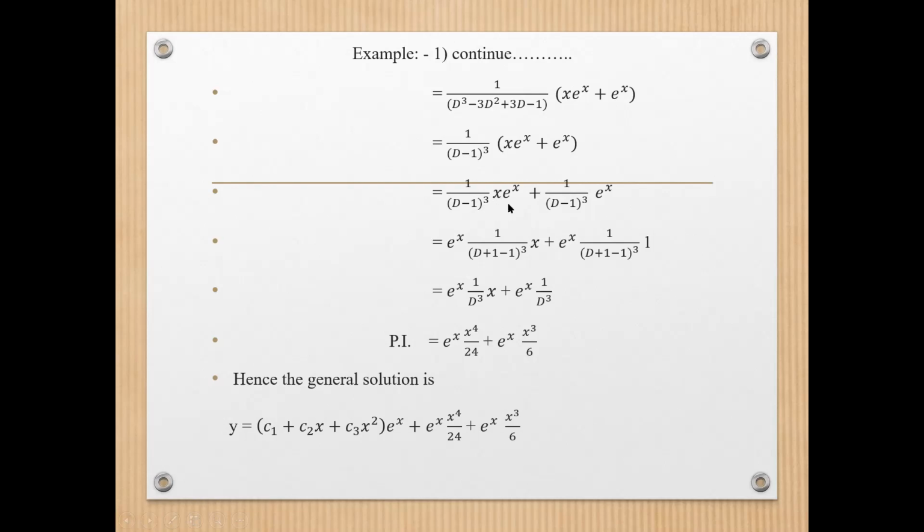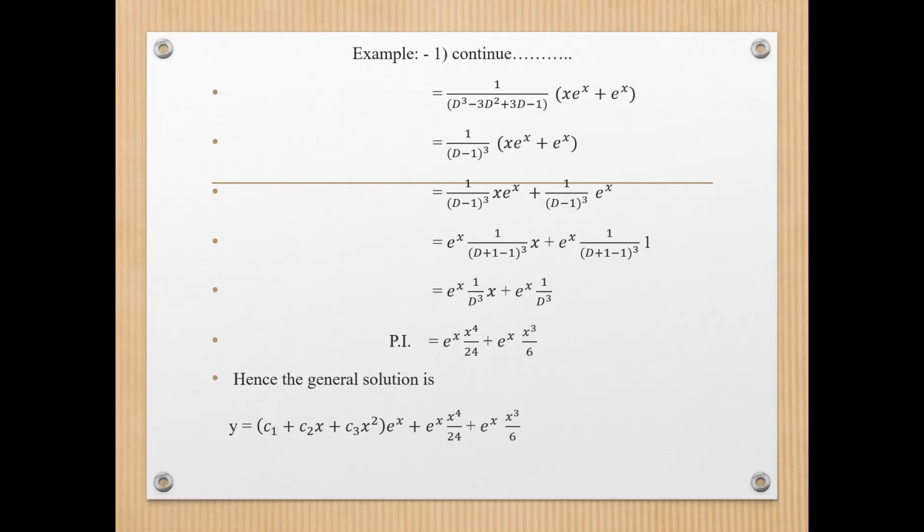In type number 4, here is e raised to x and phi is nothing but x. So here a is nothing but 1, the power of e. So we take e raised to x on the left side of this fraction. We get e raised to x into 1 upon this. Here phi remains as x. When we take e raised to x on the left side of this fraction, we have to replace d by d plus a, but here a is 1, so we get 1 upon d plus 1 minus 1 cube into x. Getting me? Here a is 1, we have to replace d by d plus 1.